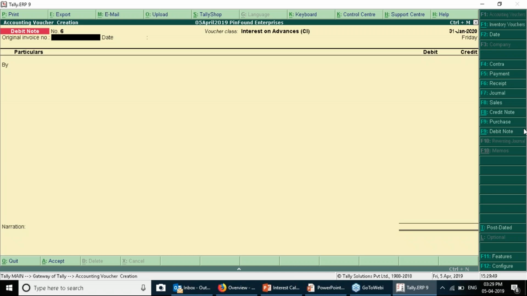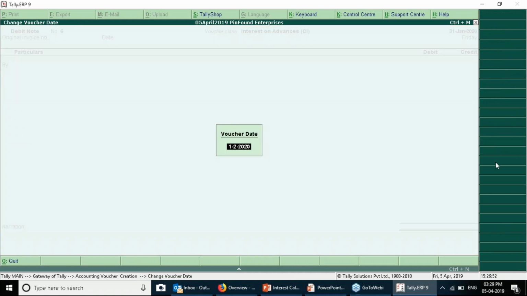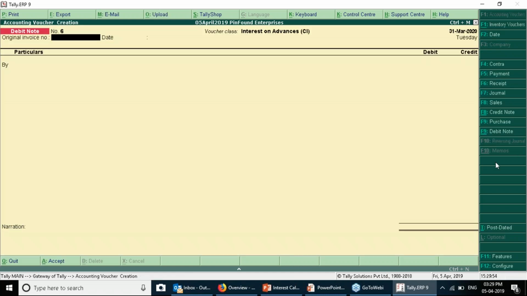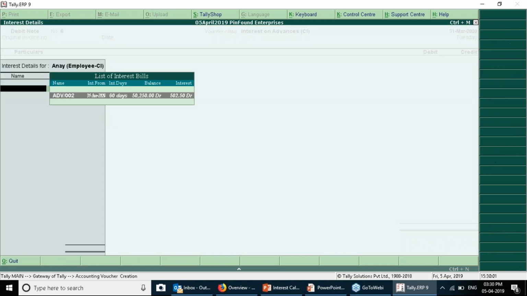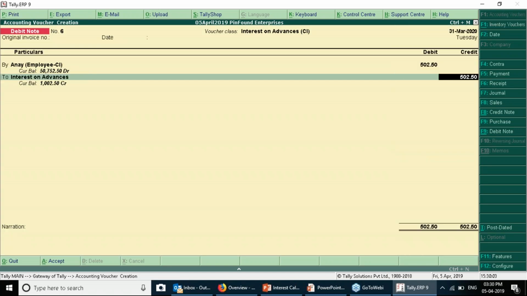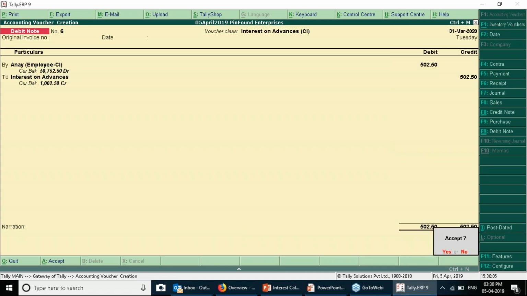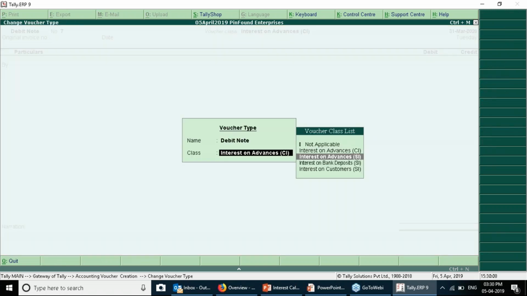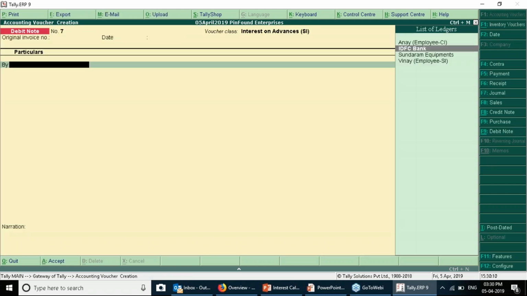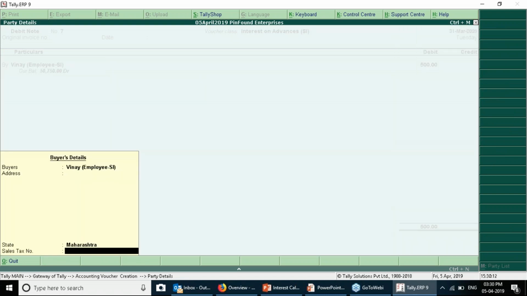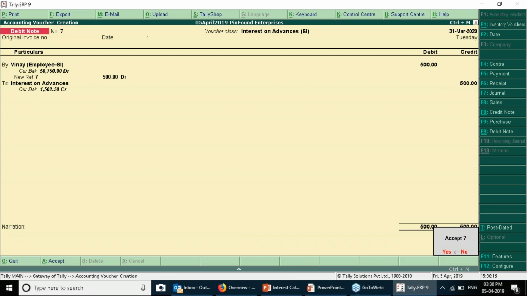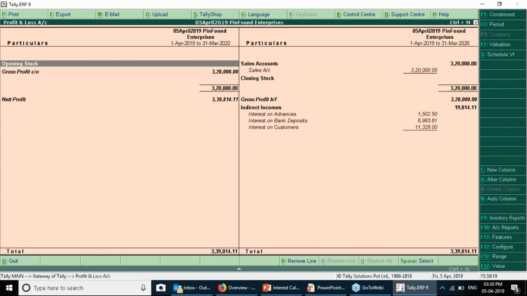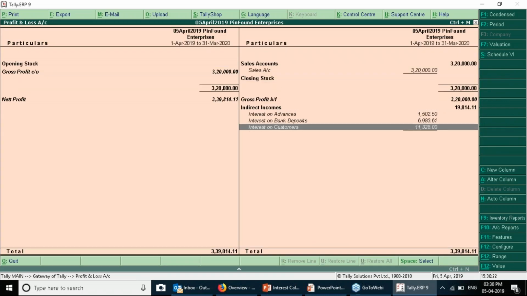So the last final entry that you can pass is on 31st of March for this particular 2020, and you can select Anay for compound interest, and then afterwards again press debit note and select the simple interest and select Vinay for simple interest. You can go in the profit and loss account and you can see that everything has been shown separately and